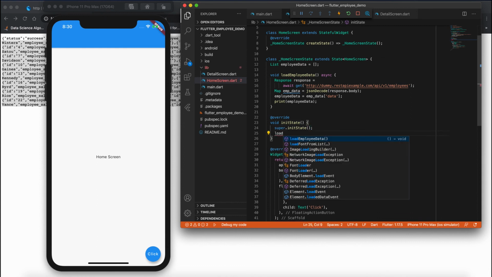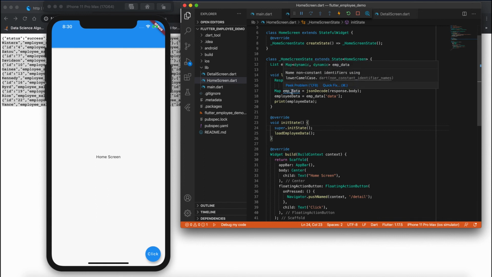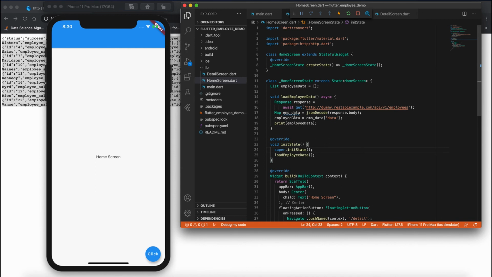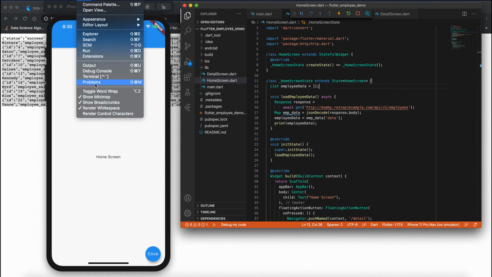Let's load employee data, and we'll see whether we are getting the proper employee information or not. Okay, it is expecting some conversion here, so we are done with it. Rename emp data. Okay. So let's run this, and before that let me open a console window here.